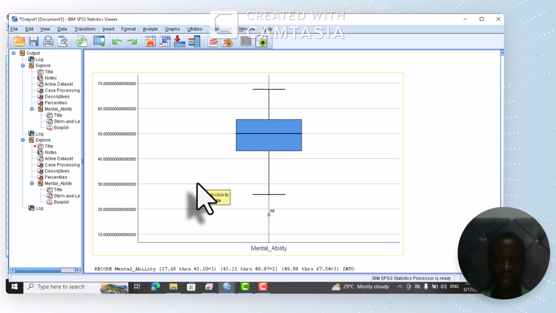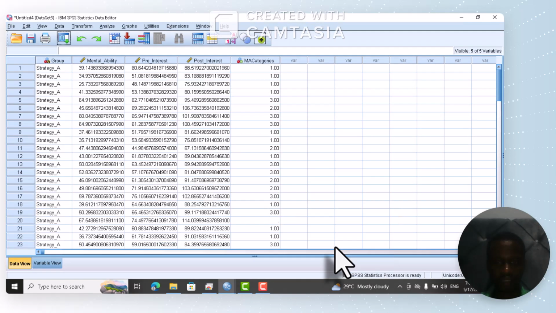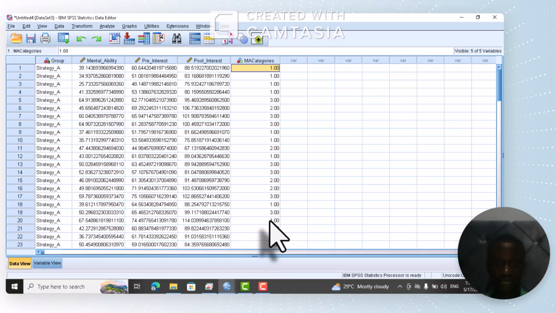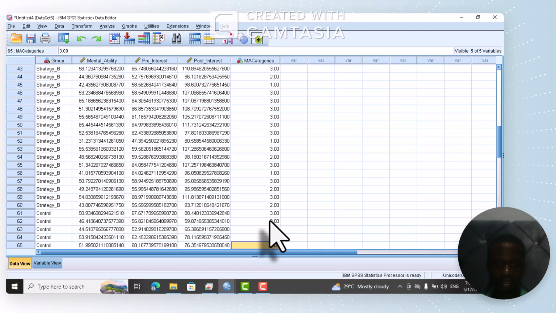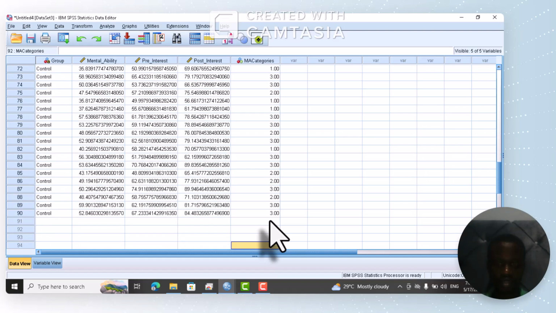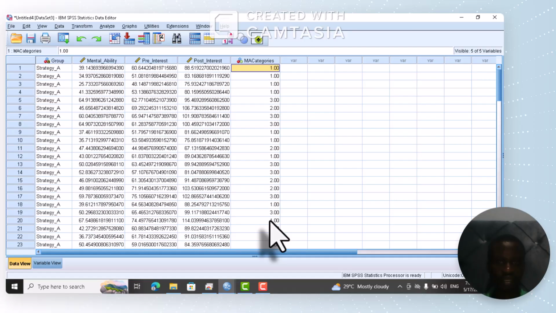Okay, now we need to go to our data sets. We just add 1. We'll continue to add values to those ones that escape. Just make sure that they are all complete before we can move forward. That's been added. Okay, now what do we need to do next? What we need to do next is to